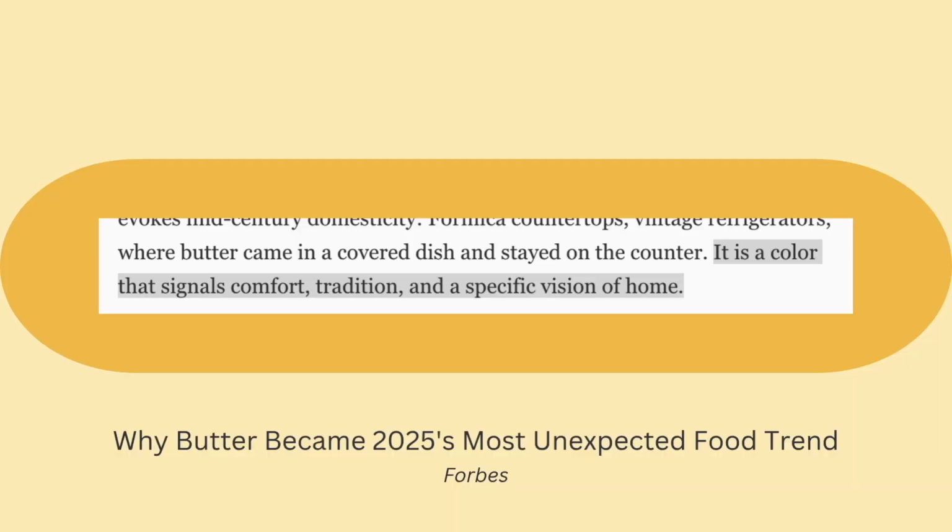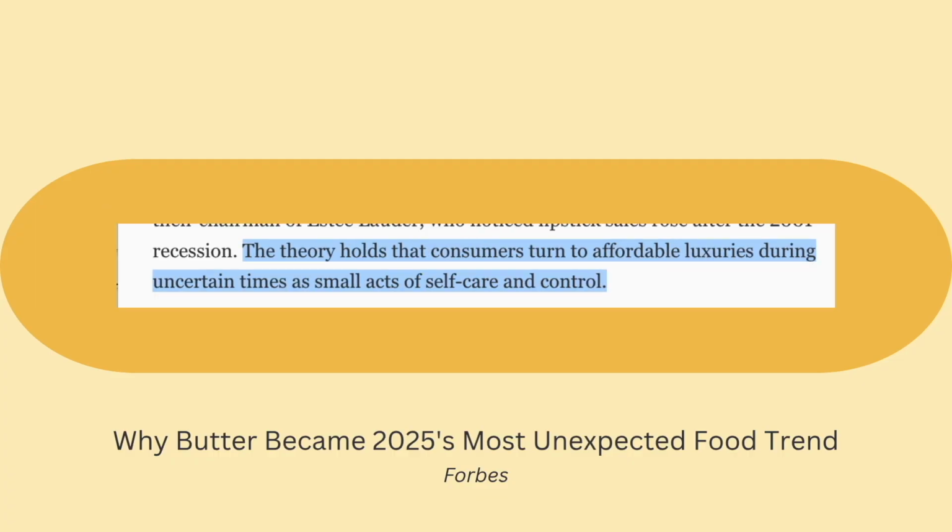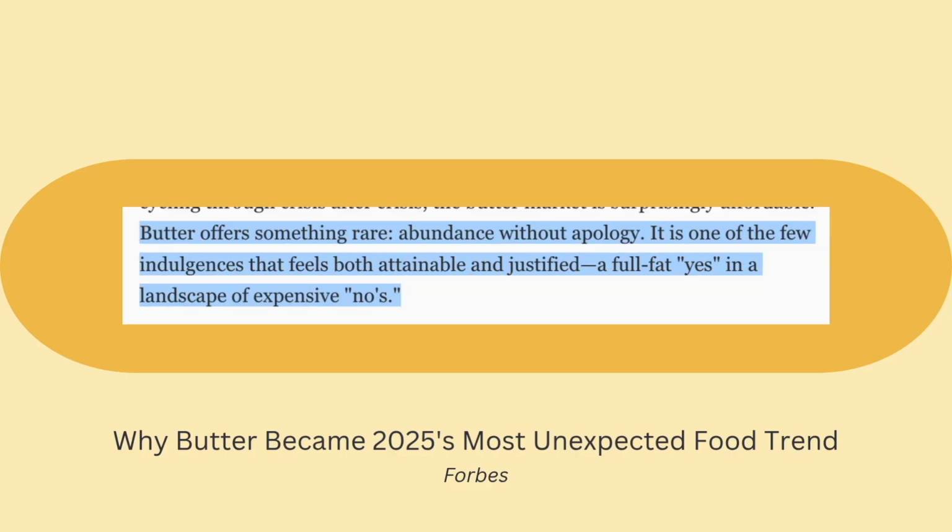It is a color that signals comfort, tradition, and a specific vision of home. The aesthetic and the ingredient reinforce each other, creating a feedback loop in which butter becomes both a visual and culinary signifier of a particular kind of abundance. The theory holds that consumers turn to affordable luxuries during uncertain times as small acts of self-care and control. Butter offers something rare: abundance without apology. It is one of the few indulgences that feels both attainable and justified, a full fat yes in a landscape